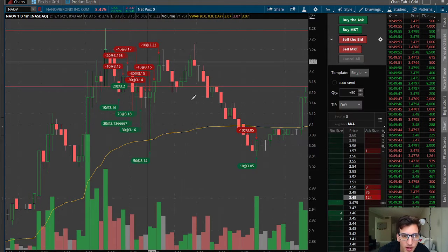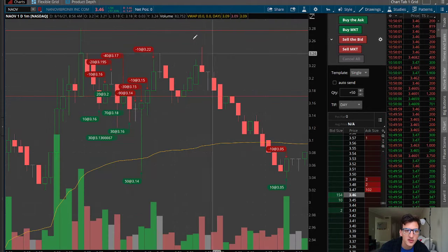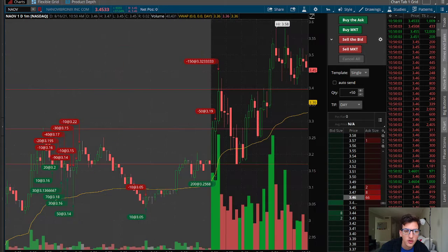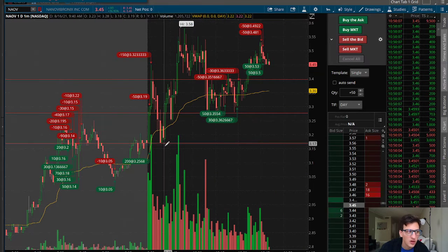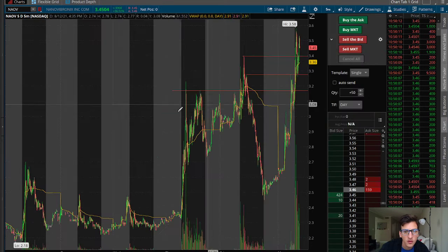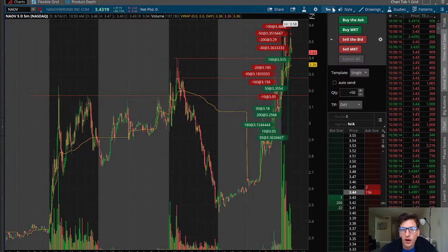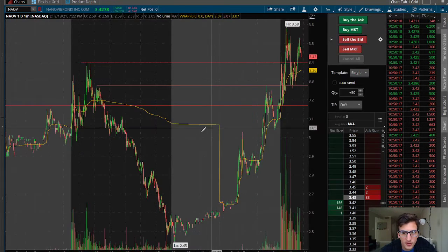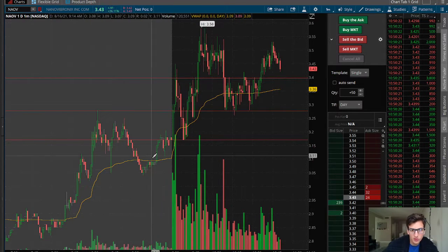Nothing much here. I was up maybe $4 total, but I really wanted to see the breakout and the run for 340, which was the high of, let's look at the 5-minute, the high of this candle here. I was looking for the breakout. We didn't see it pre-market. It dipped down, and then at the open, I was able to